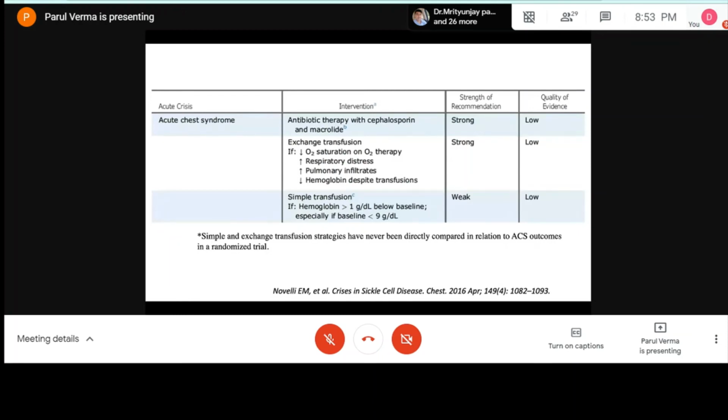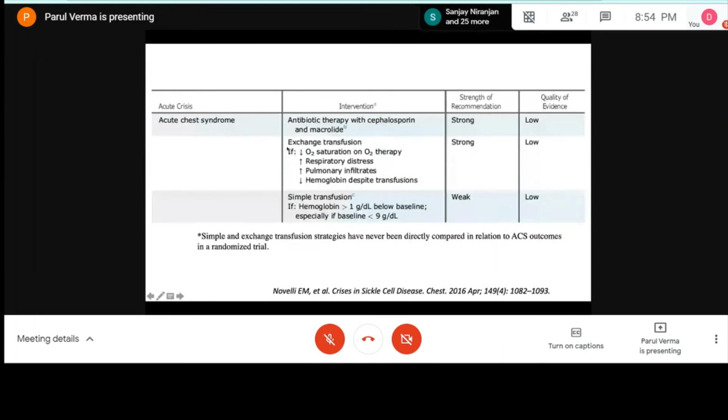Now, transfusion does two things. It decreases the amount of HbS, because if you transfuse, you give adult RBCs which have more of HbA, so the HbS fraction would go down. And transfusion also improves the oxygenation; it improves the oxygen carrying capacity. So you have two options: either do exchange transfusion or do simple transfusion. If you do not have access to exchange transfusion, go ahead and do a simple transfusion, because it will also be effective. But exchange transfusion would be more effective, but it needs expertise.